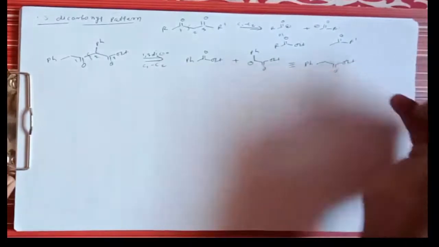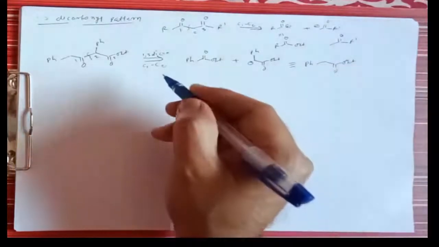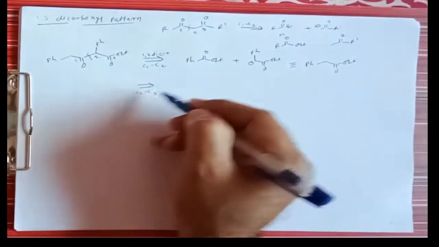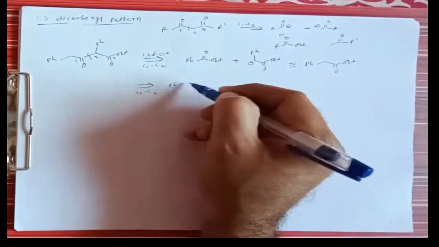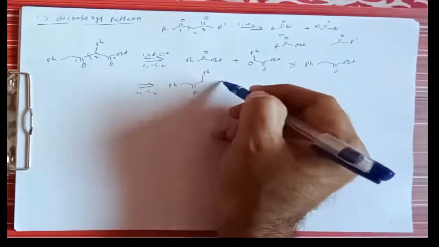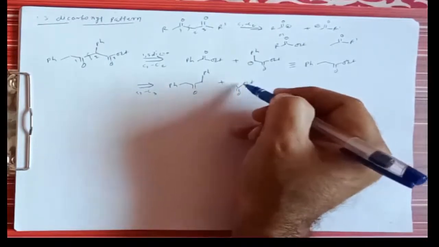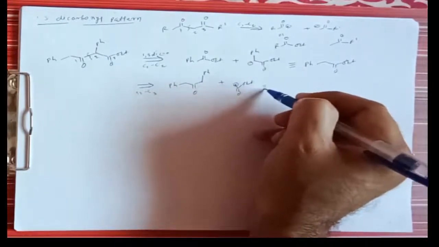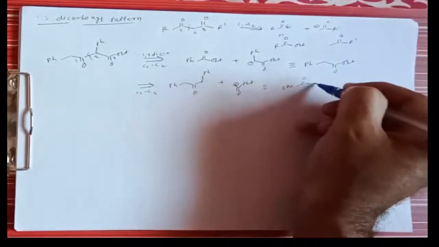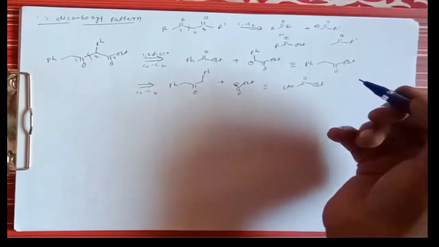So the synthetic equivalent for this molecule is PhCH2C=OOEt. Then if we break the other side, the C2-C3 bond, what does it give? From one side it gives PhCH2C=O, CH2 minus and Ph here, and along with it, the formation of C=OEt, and here is a positive charge, and the synthetic equivalent for this is ethyl formate, right? Or we can say diethyl formate.